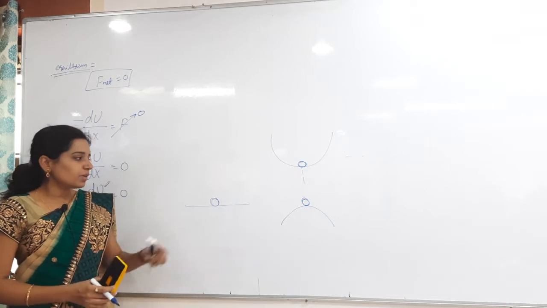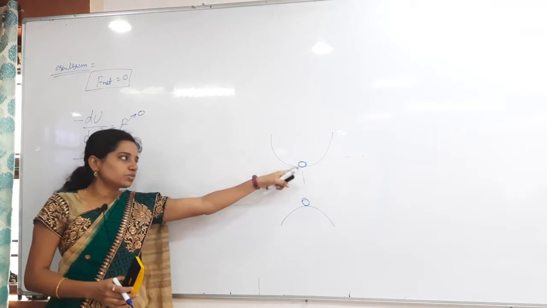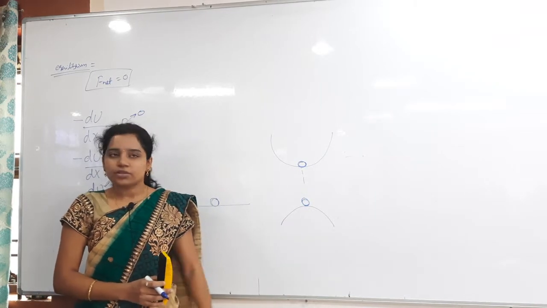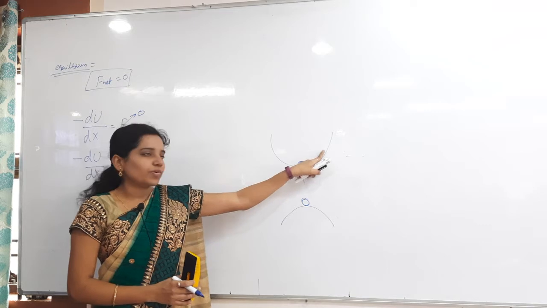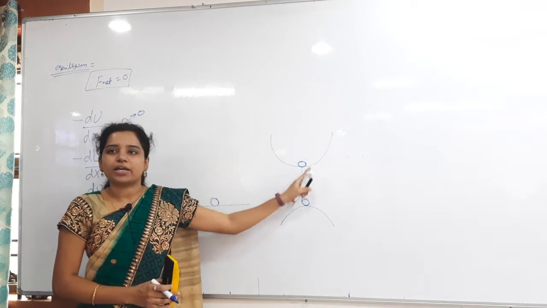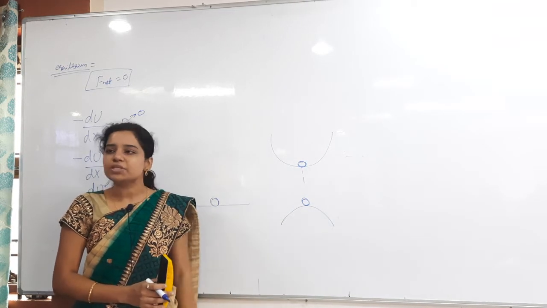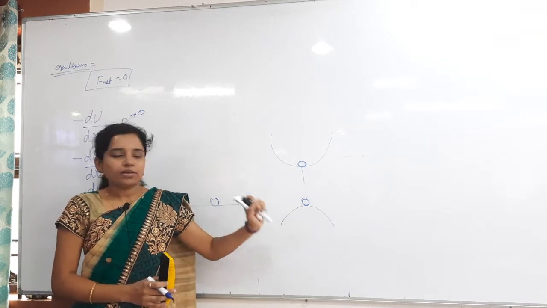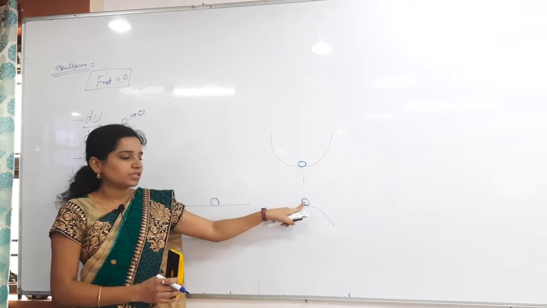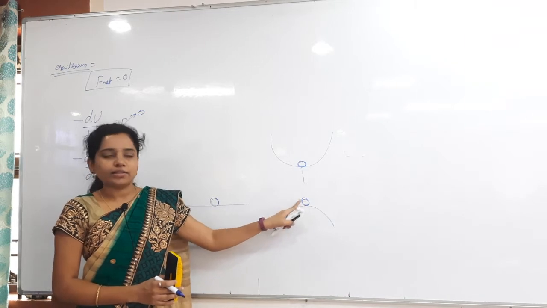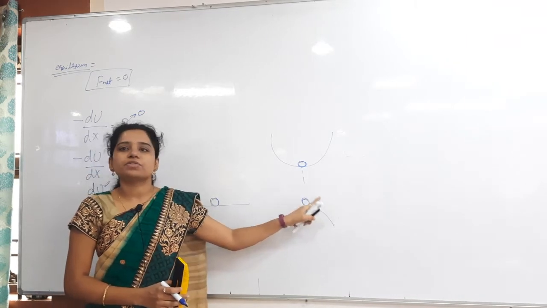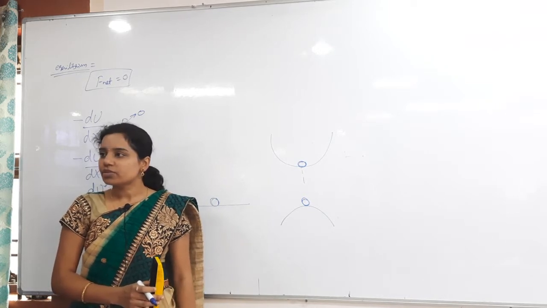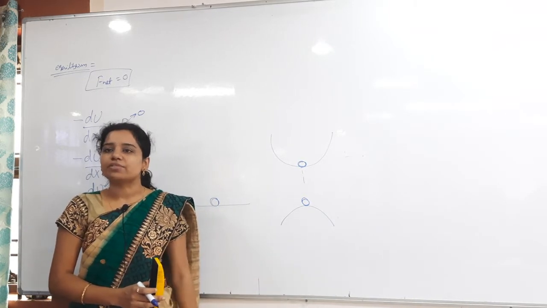Here, mainly in these two states, the potential energy changes. Here it is going in the upward direction and again it is coming back. At that time the potential energy will be changing. Finally it is becoming stable. Whenever you see this one, it has the maximum potential energy here, and whenever I displace it, it will go down. At that time potential energy is decreasing. So this is unstable equilibrium.